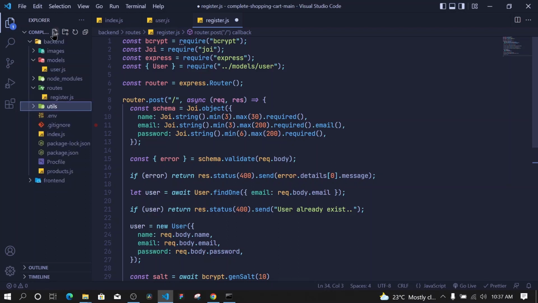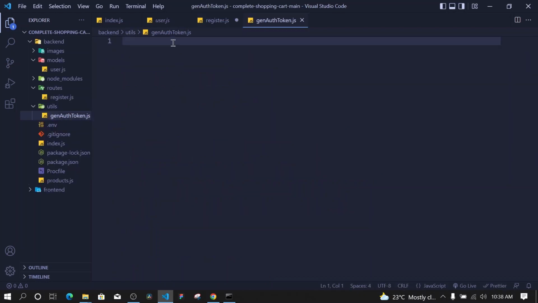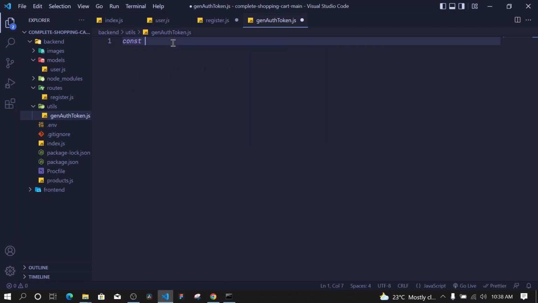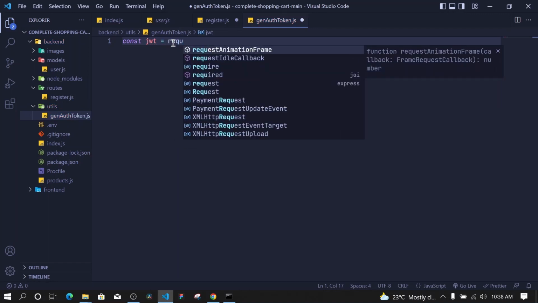Inside this folder, I'll create a new file and I'll call it genAuthToken.js. And then from here, I will import JWT. Actually, const jwt will be equal to require